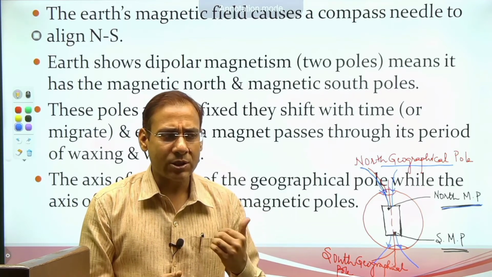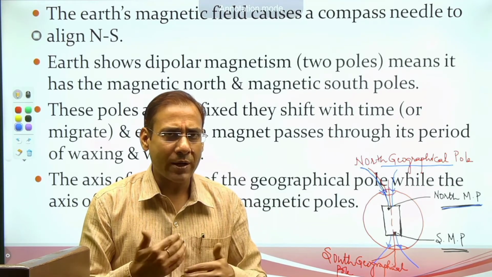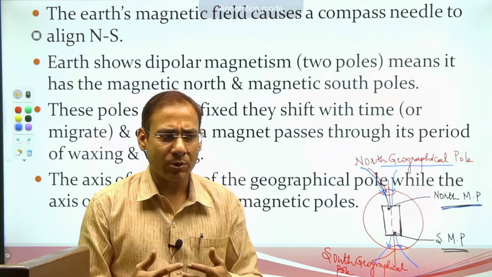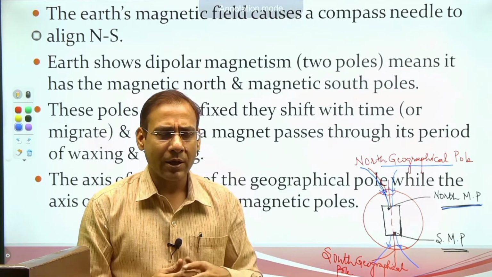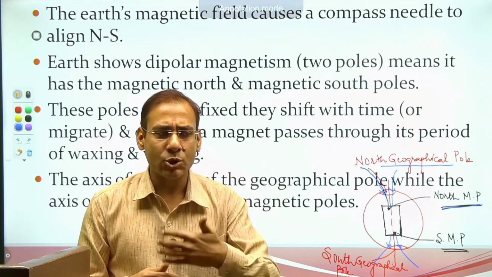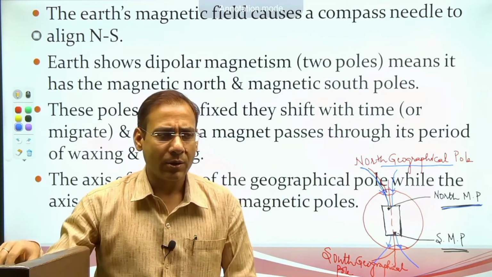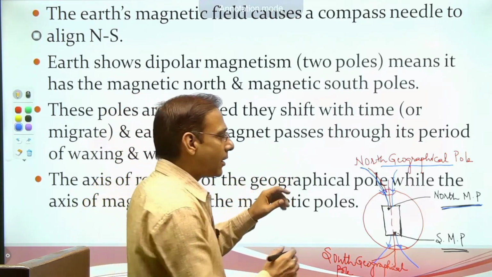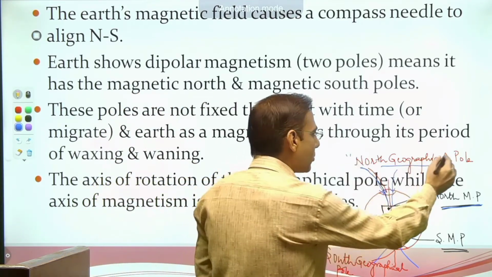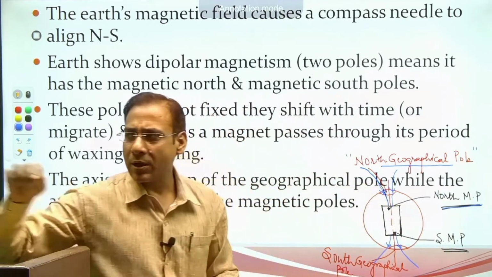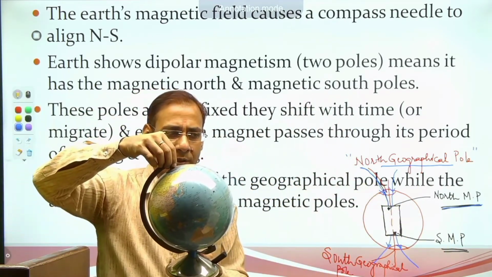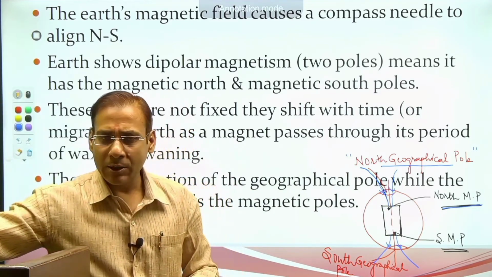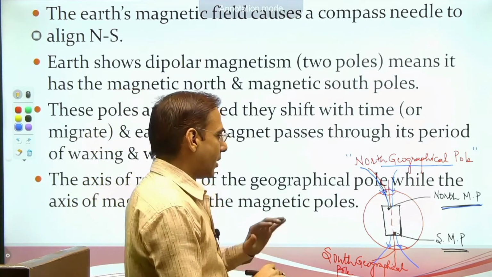That's why we are learning this topic, because that gives you an idea about further sea floor spreading, continental drift, और जब प्लेट टेक्टोनिक्स पढ़ोगे यहाँ सभी जगह एविडेंसेस तुम्हें मिलेंगे, और इसी के आधार पर हम आगे एविडेंसेस ढूंढ पाएंगे कि ये ऐसा हो रहा है। ओके, don't get confused when we talk about geographical pole, we are talking about the earth's pole, earth's polarity. जहाँ से एक्सिस क्रॉस कर रहा है, ये नॉर्थ एंड साउथ, एंड मैग्नेटिक पोल इज डिफरेंट।